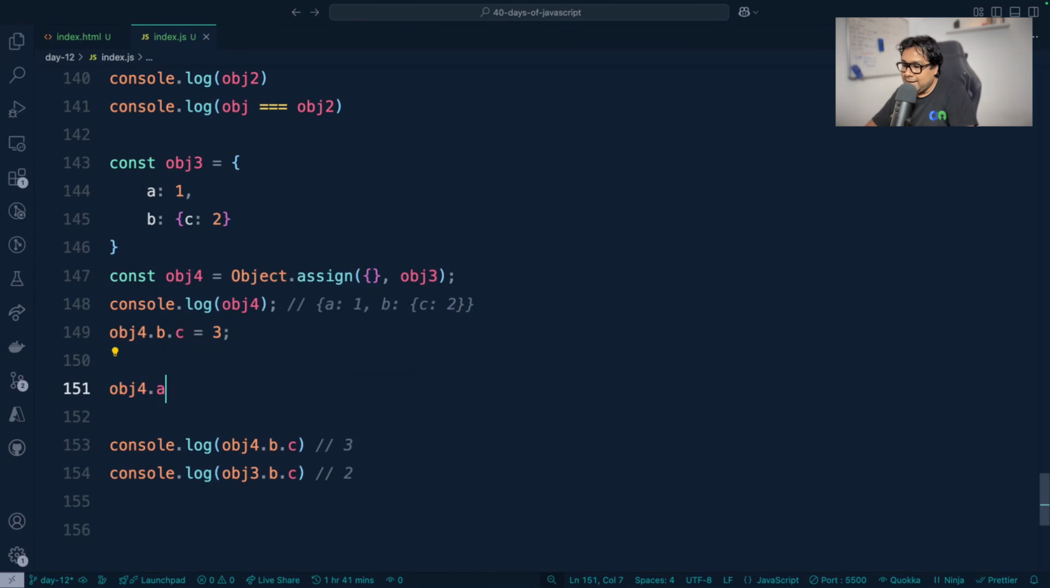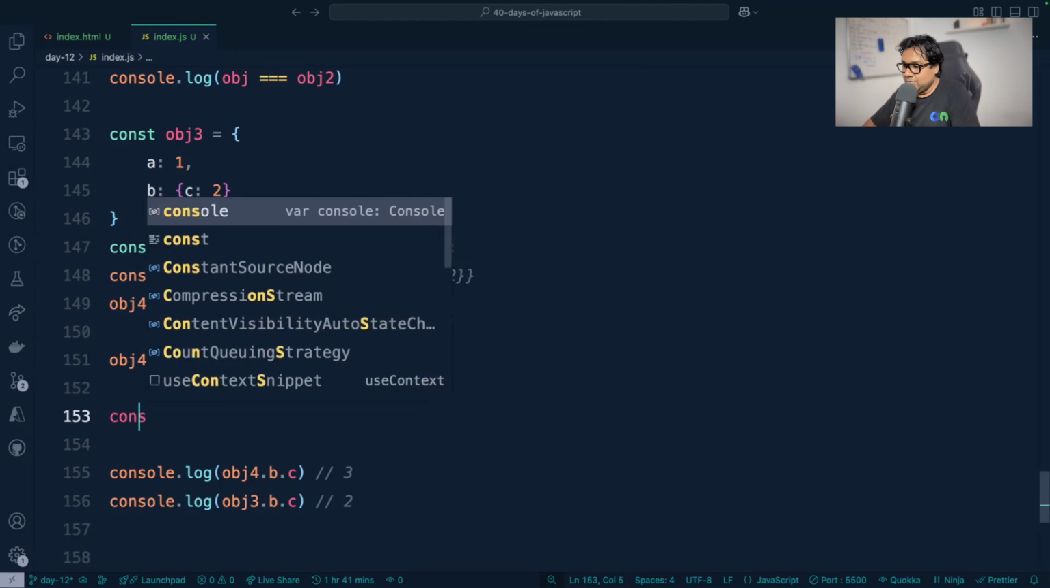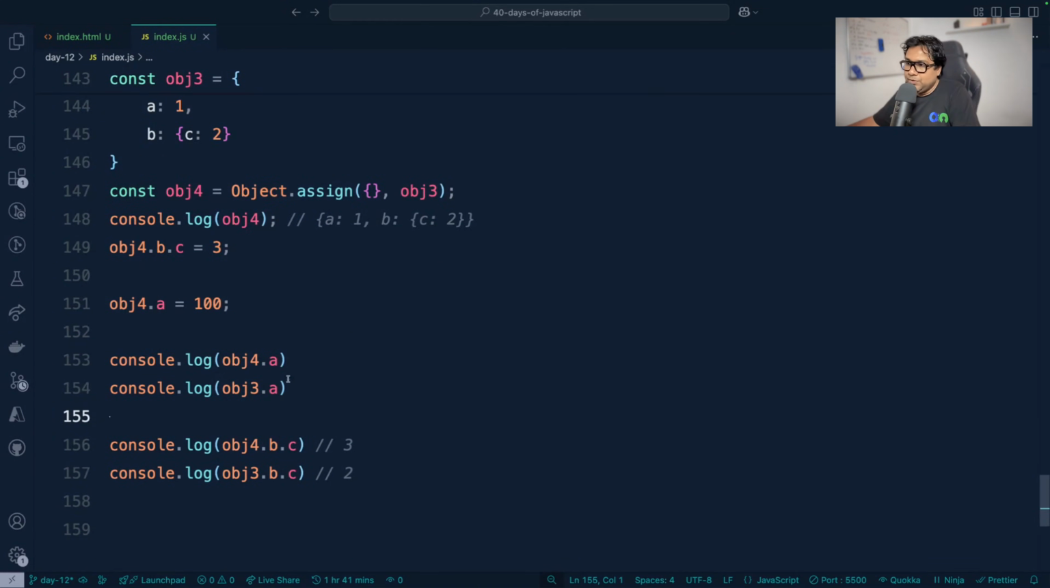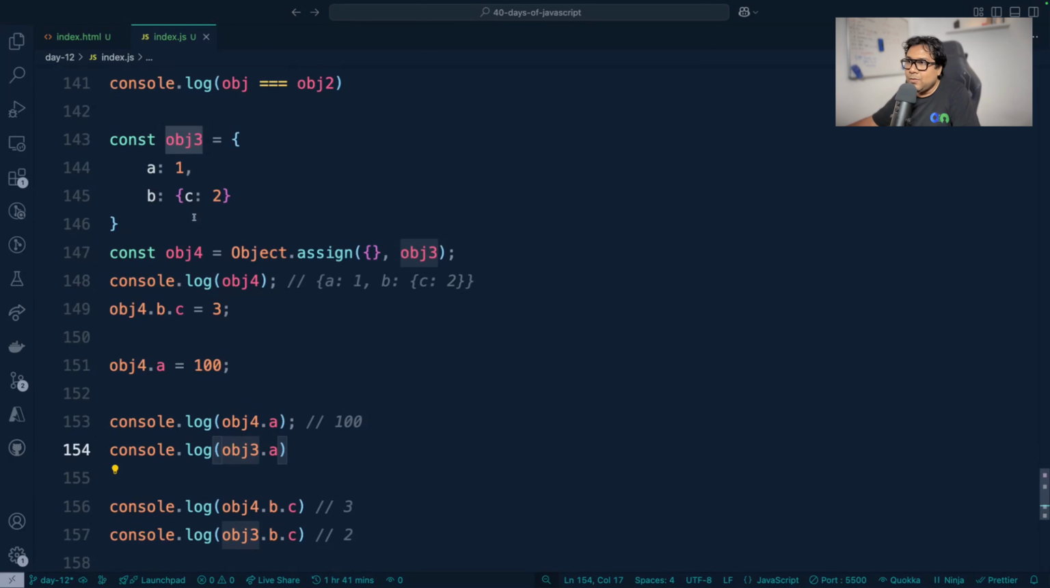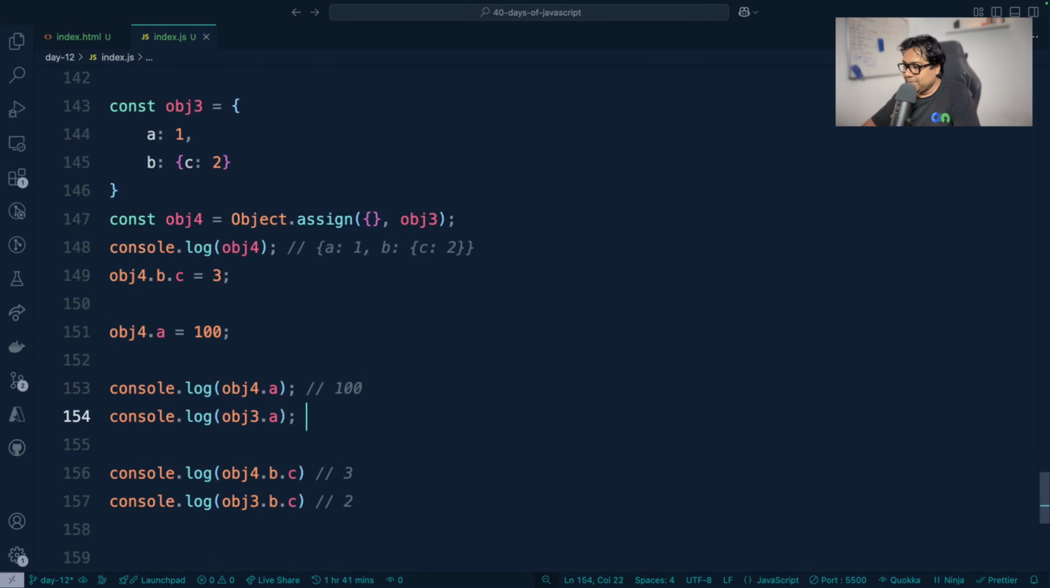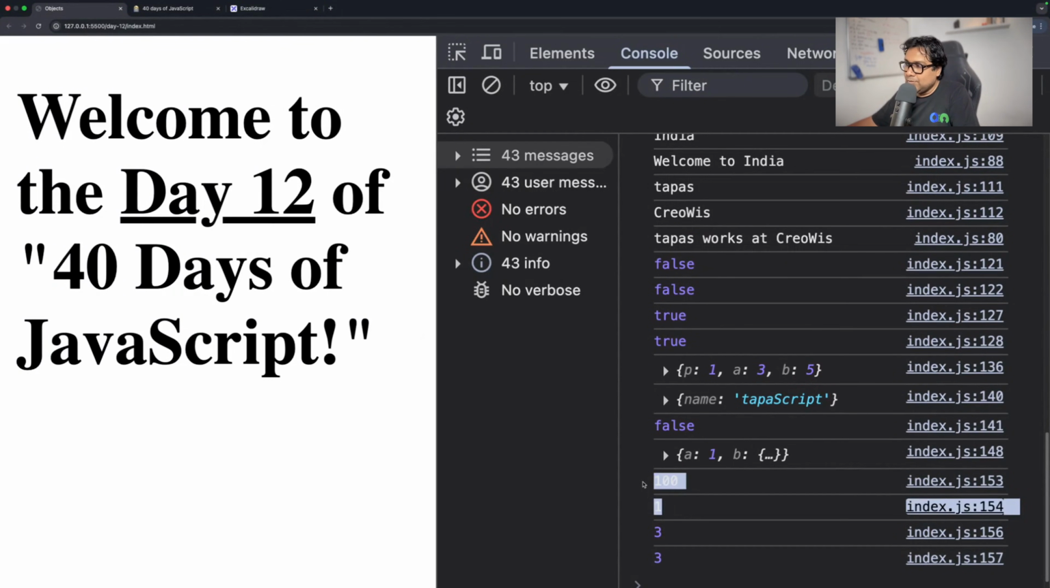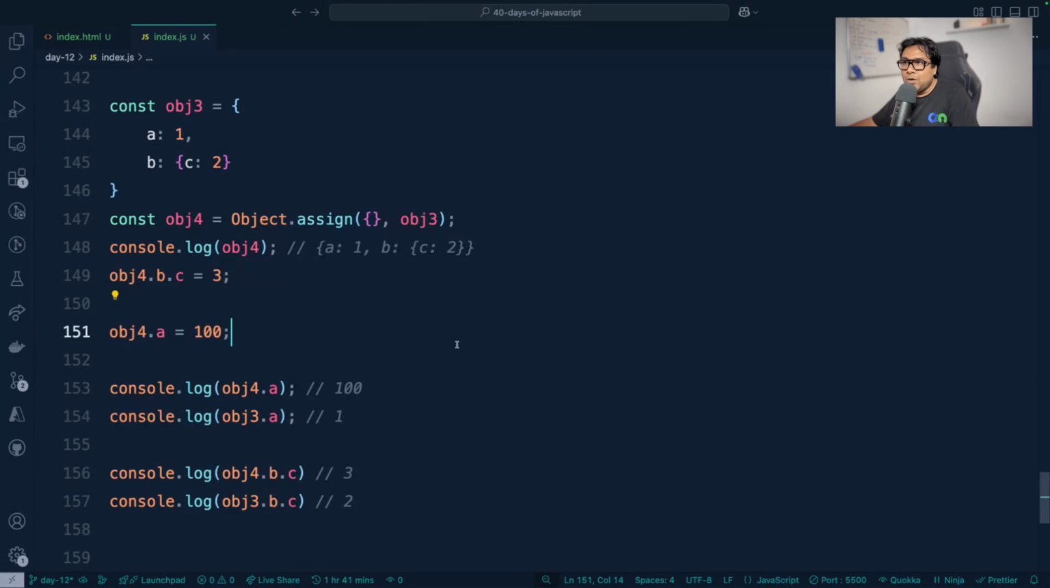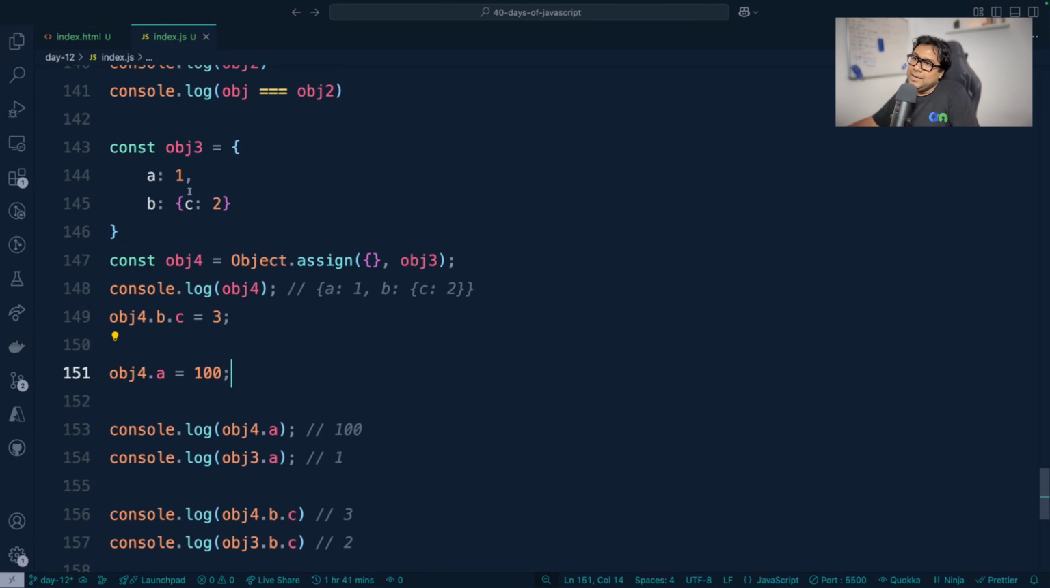If you do a equals 100, and then if you print here console.log of obj4's a, which you have just now changed, of course this will be 100, and obj3's a was 1. So what do you expect? You expect this to be 1, right? Because you have not changed this one. Now if you go to the console, you see that the value 100 is right, but it is not behaving the same way for the nested object, because if you are dealing with a non-nested object, assign will be creating